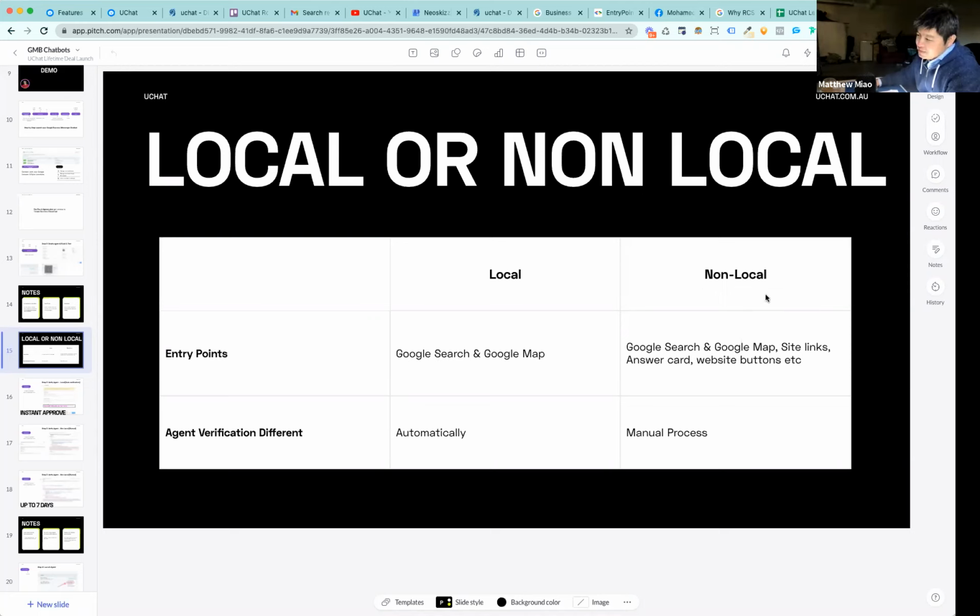For the non-local business, you are applying for the agent. It's a manual verification process. I will show you step by step, but you need to send emails to Google and wait, I think it's 7 days or something. They will reply to you to verify your agent. The difference is the entry point. There are more entry points. Okay, it's Google Search, Google Maps, and the chat links, the feature card, you can also have website buttons, and that button will lead to the chatbot. So let me show you